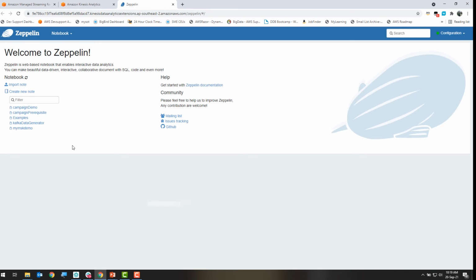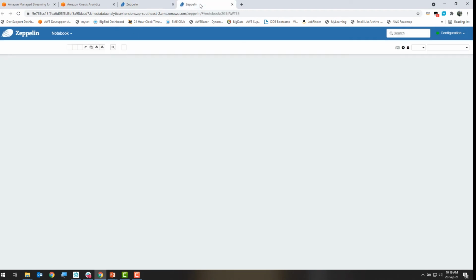to start exploring the data. For that, I have two separate notes in the notebook. One is a random data generator, mocking some, let's say, modem information I'm ingesting into my Kafka topic, and then I'm using another note to analyze those data. So for the first one, this is my Kafka generator.